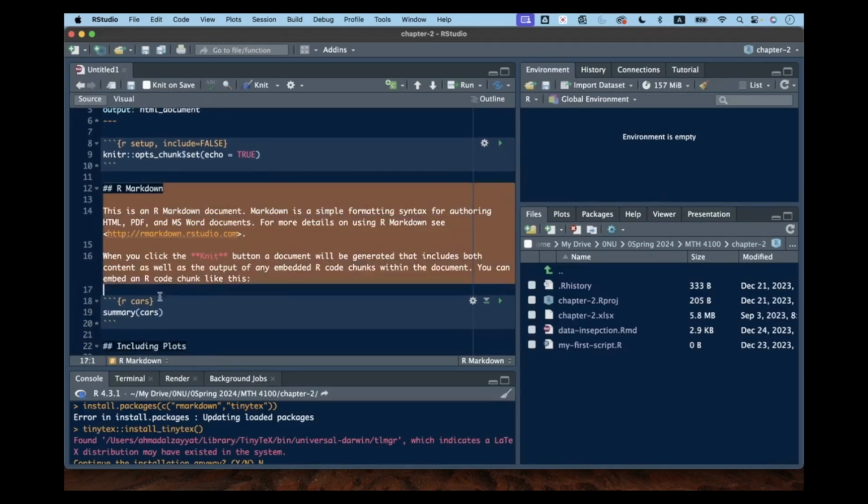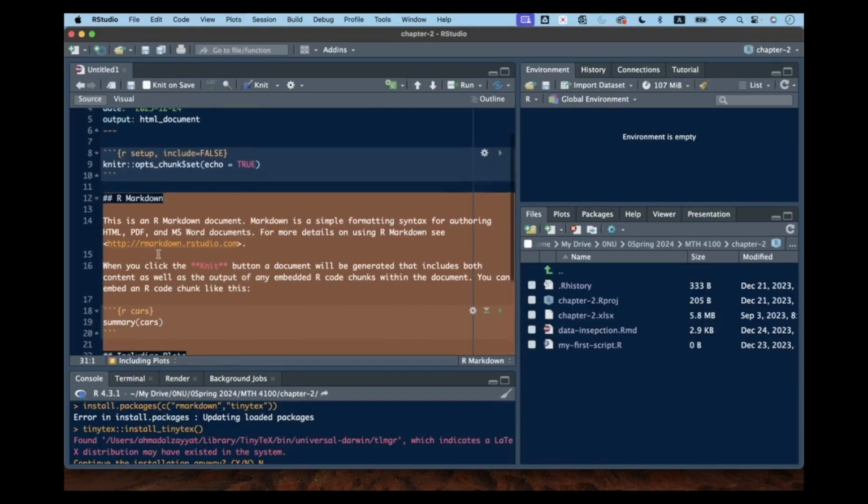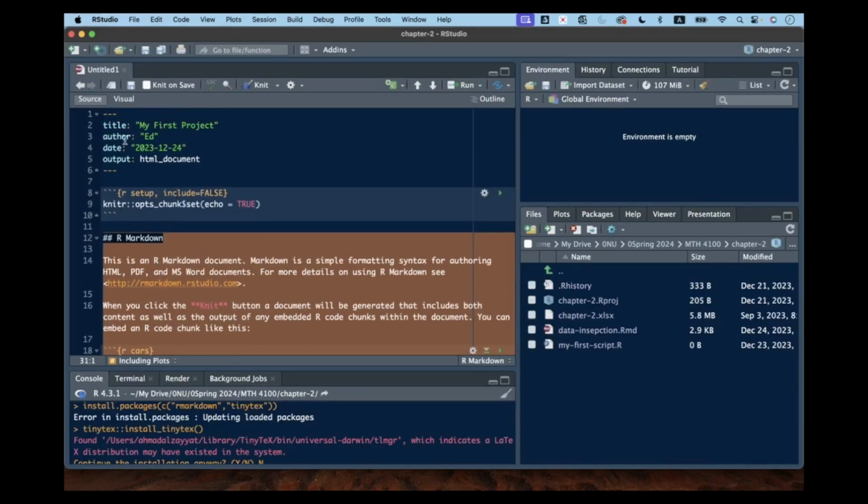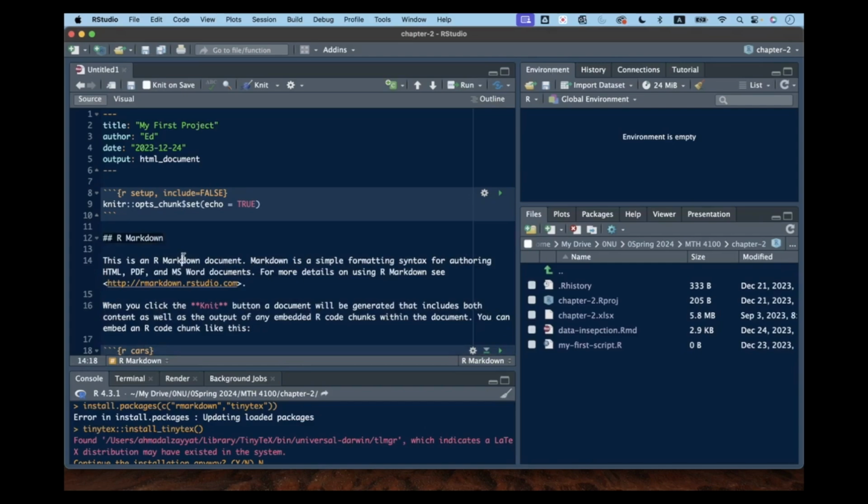You can delete everything from here. We will be deleting everything from here, but we're going to keep the metadata, and we are going to keep the first chunk, the R chunk, or code chunk. But the rest we can delete. We can create our own and customize our projects. But what we have to know first, at the beginning, is that we have to look at three basic components of our Rmarkdown document. We have the metadata,